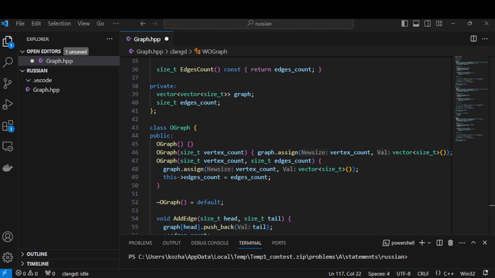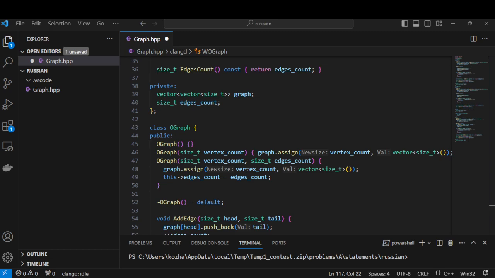We can define not 2 to the power of combinations of graphs. We define only a combinations count of graphs. So